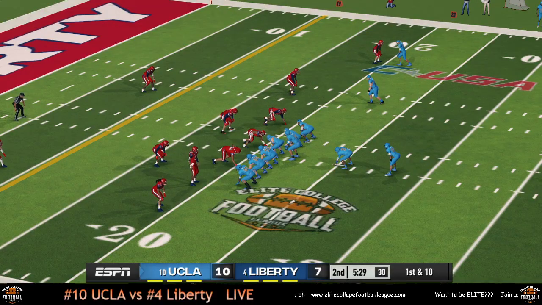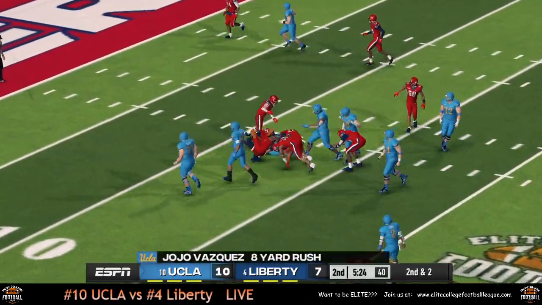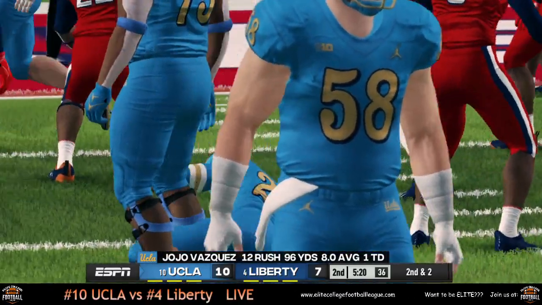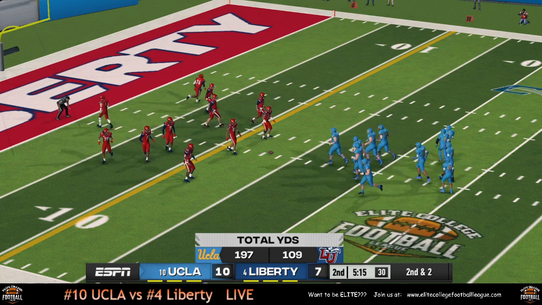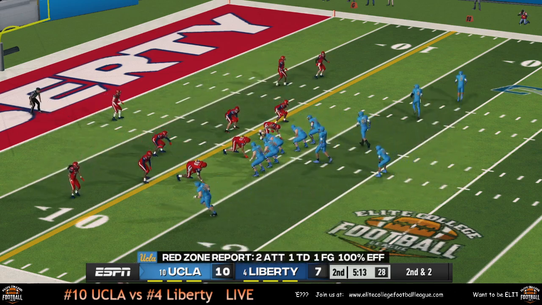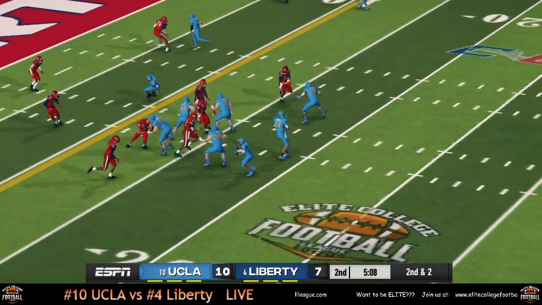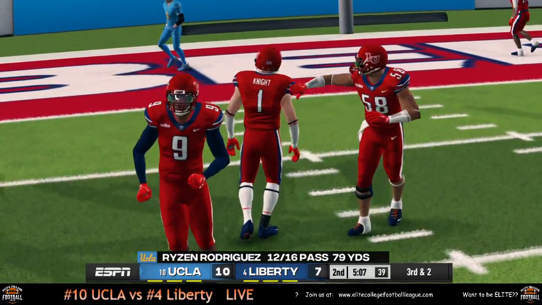I formation. Going to hand it off to Vasquez. 8-yard gain brings up 2nd and 2 for the UCLA Bruins. Vasquez in the backfield. He's going to pass it this time, but he could not hold on to it.